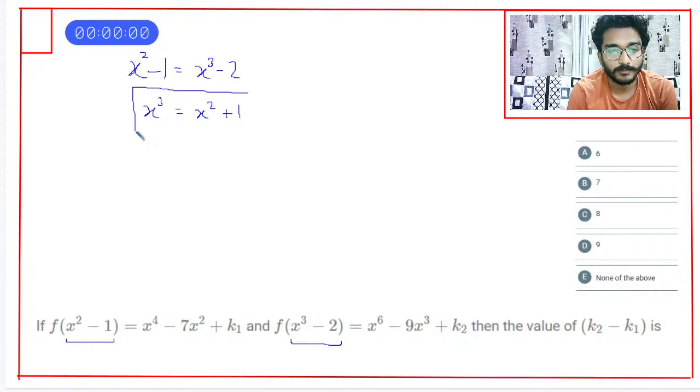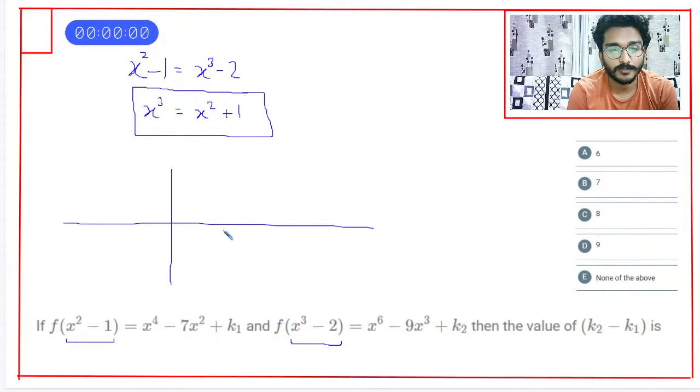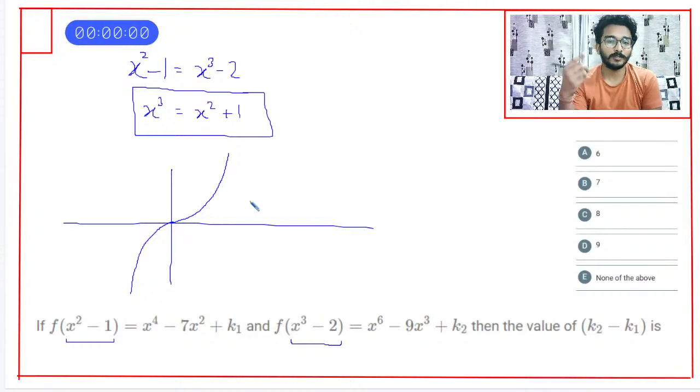अब ये है इक्वेशन, तो इसको सॉल्व करना है। इसको सॉल्व करने के लिए आप ग्राफिकल अप्रोच ले सकते हो। y = x³ का ग्राफ कैसे होता है? ऐसा। दिस इज y = x³ का ग्राफ। y की वैल्यू बहुत रैपिडली ग्रो करेगी एज कम्पेयर टू x, और y = x² + 1 इज द पैराबोला, लाइक दिस।